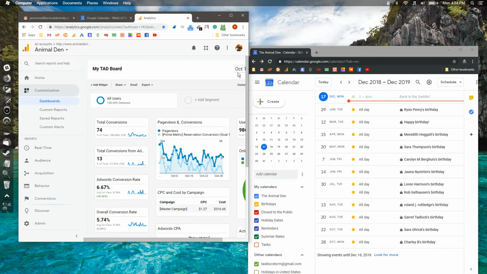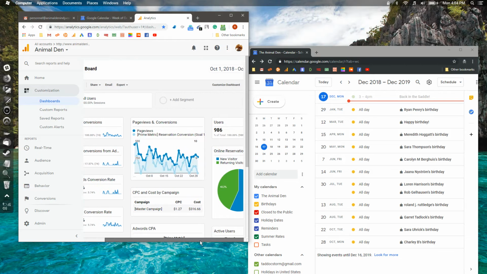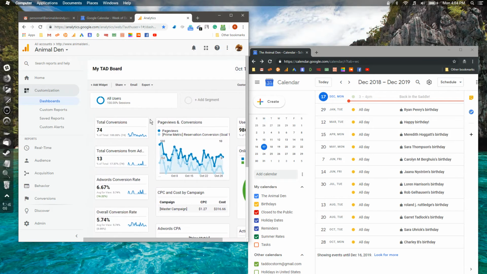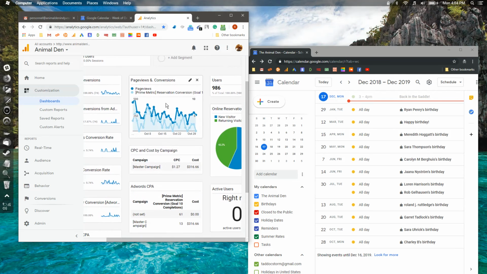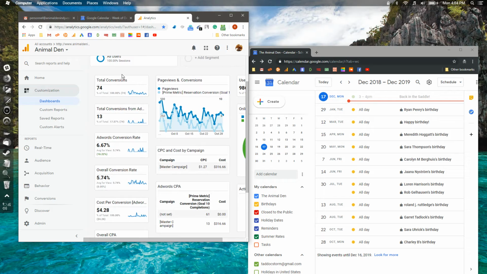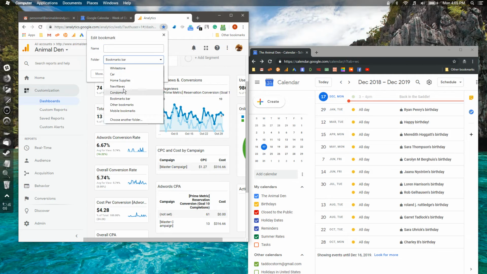This link takes you directly to the dashboard where you can see all the numbers. I've shown you the numbers before, and that's all on one dashboard that I made custom for you. What you would want to do is bookmark that, which I already have mine bookmarked. I just delete the name. You can put it under a folder under the bookmarks bar, or you can use a different folder.